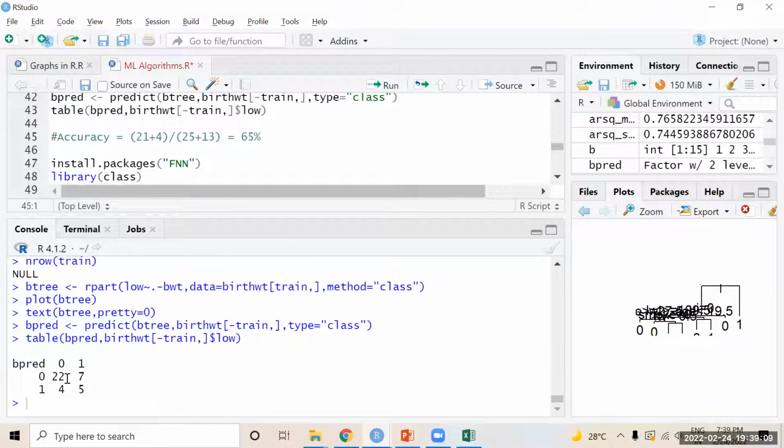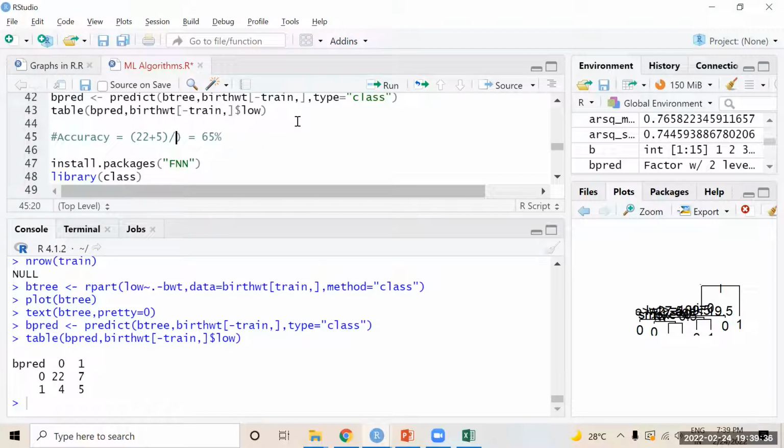Now here, 22 and 5 and 7 and 4, because the samples are changed. So 22 plus 5, divided by the total number of rows.